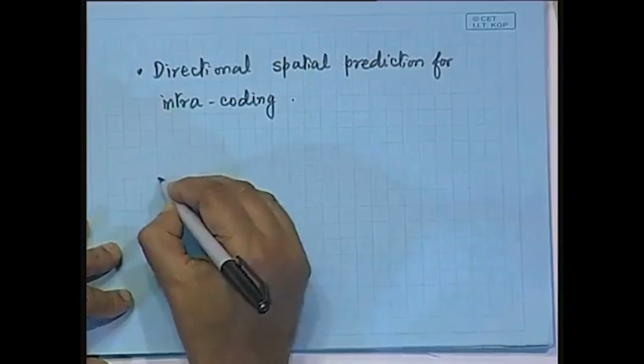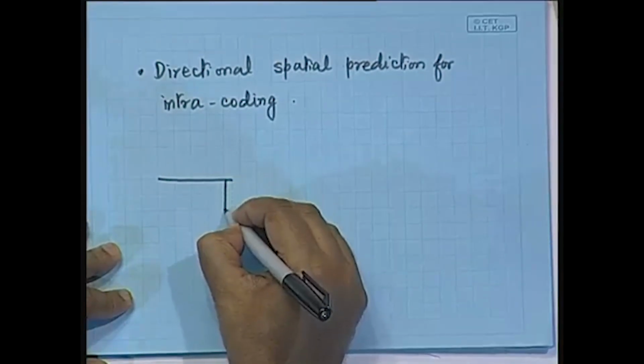The neighborhood blocks appearing above, or to the side, or on the top left diagonal, could be used for predicting the coefficients of the intra-coded blocks. It is done something like this: supposing we just have a 4 by 4 block